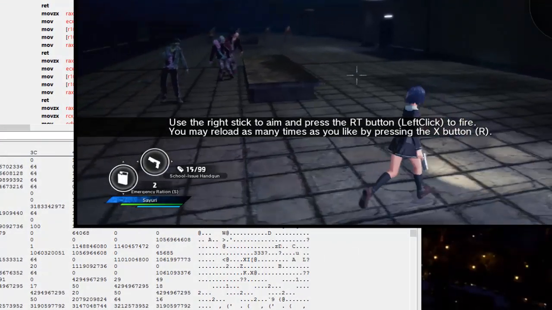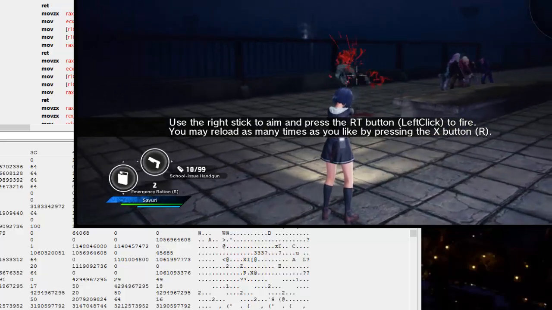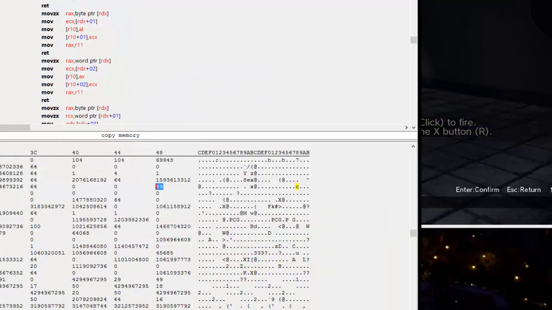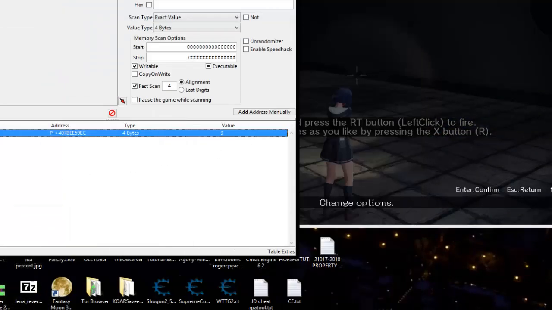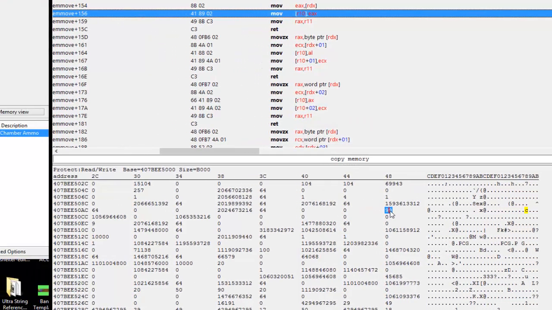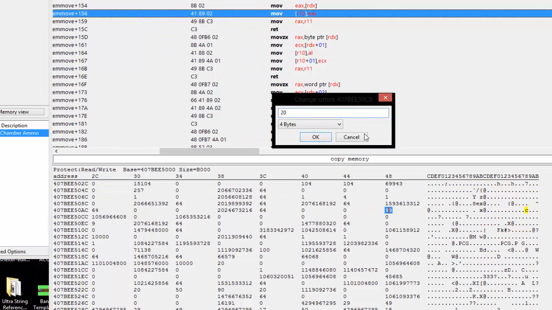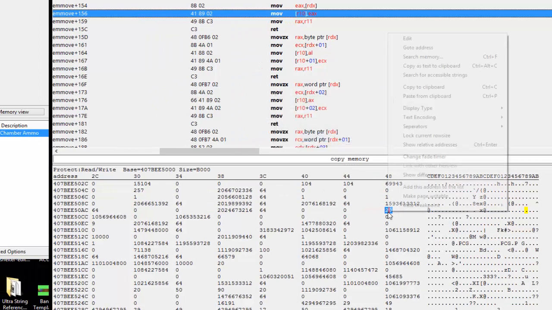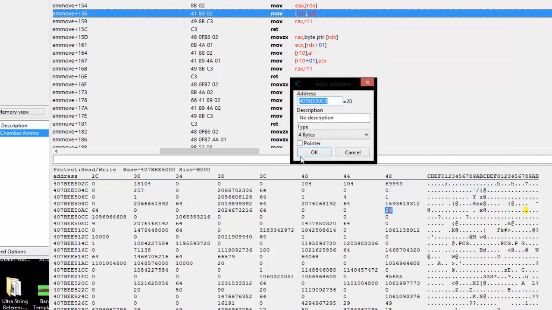And take a look at our cap. It went to 99, so that looks to be our cap value. So let's go back to that. I'm going to set it back to what it originally was, and I want to add that address to the current list. Let's just write down ammo